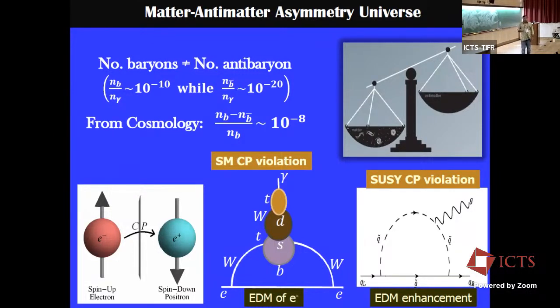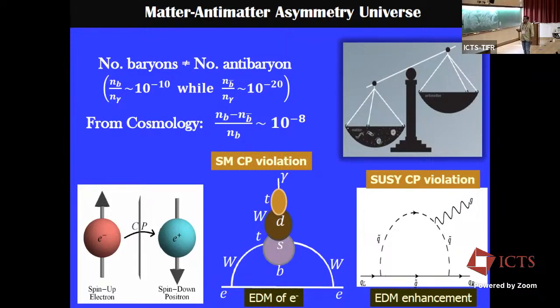But if you take a supersymmetric model, these CP violating effects come in, and the size of the electron can be enhanced. If you can measure the exact value for the size of the electron, from there we will try to prove whether such CP violations exist or not. That is predicted by the SUSY model, and then ultimately using that kind of physics we will be able to understand